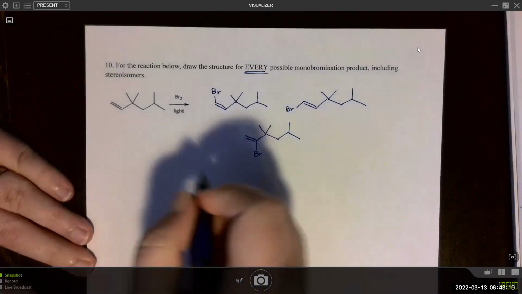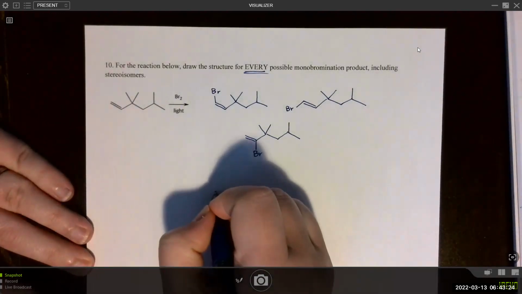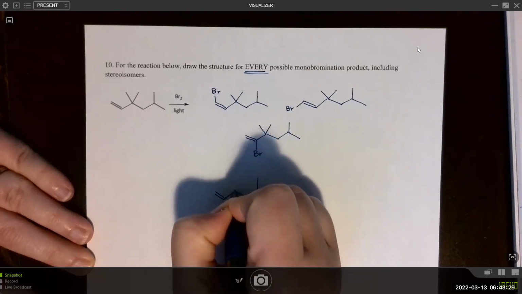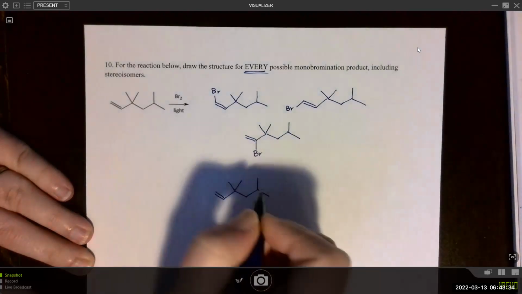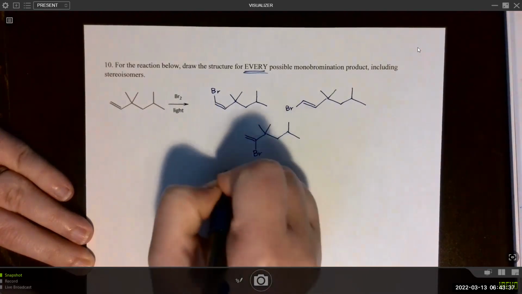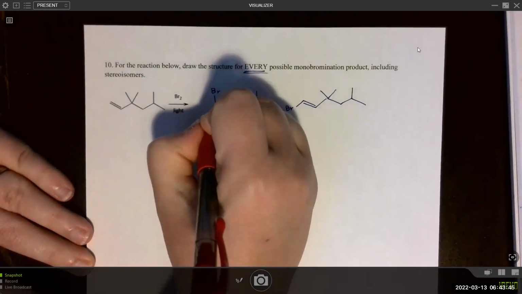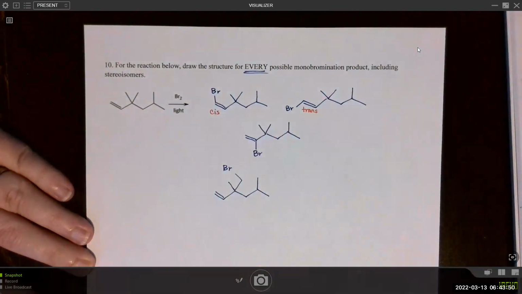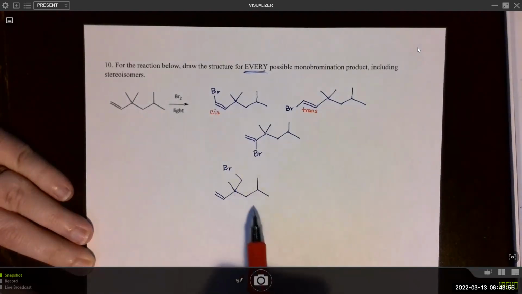And what else could we do? What if we put the bromine in one of these two methyl positions? So if I put the bromine on one of these two methyl positions, and we'll put it here, did I form any stereocenters? Actually, I might want to make a little note of this. And the answer is, let's look at this carbon. This now has 4 different groups attached.